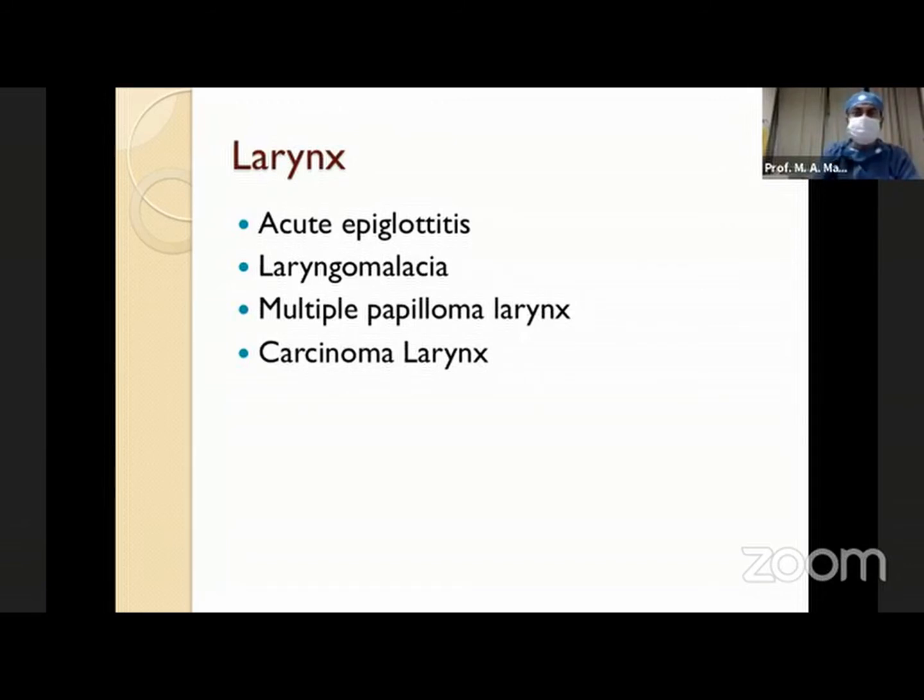On indirect laryngoscopy examination, we found the left hemilarynx is fixed. There is a growth in the left vocal cord, but on